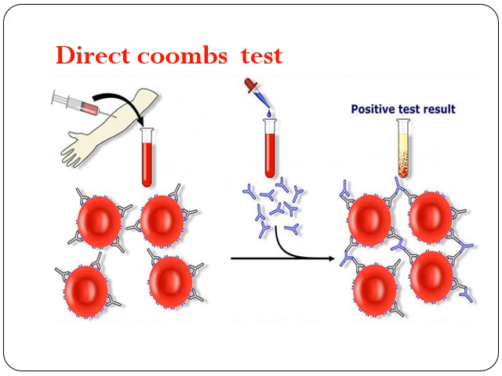This was a diagram showing the direct Coombs test. In this, we are taking our red cells and testing for the presence of any antibody or complement. If they are present, they will cause agglutination. What do we mean by agglutination? See, these RBCs are separated. Now, these RBCs are trying to come together. So, this is showing the presence of agglutination. Positive agglutination means that DCT, the direct Coombs test, is positive.